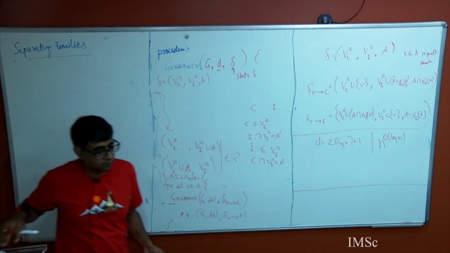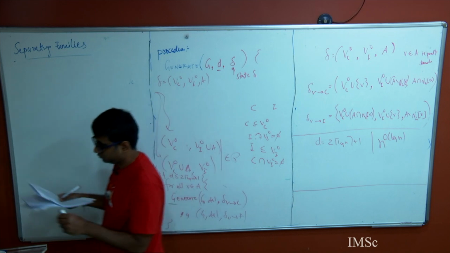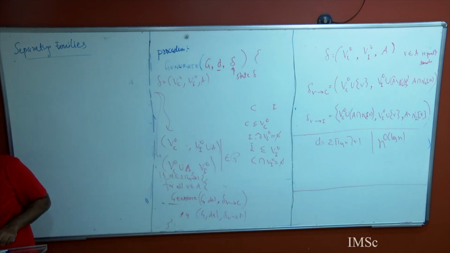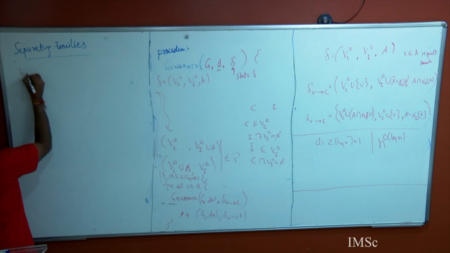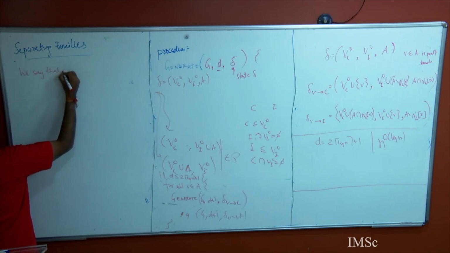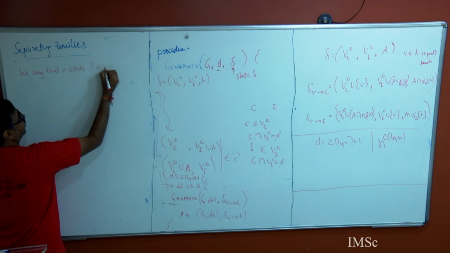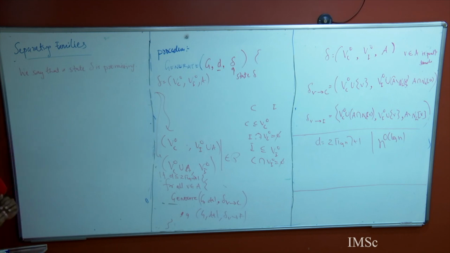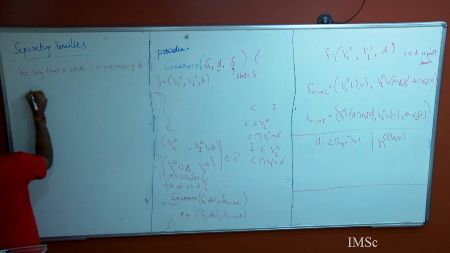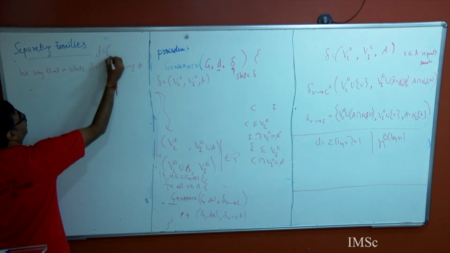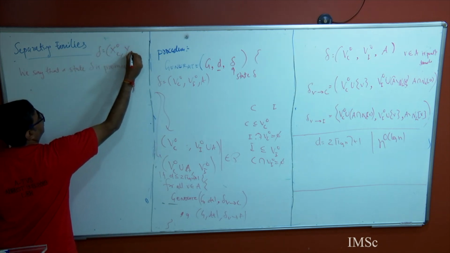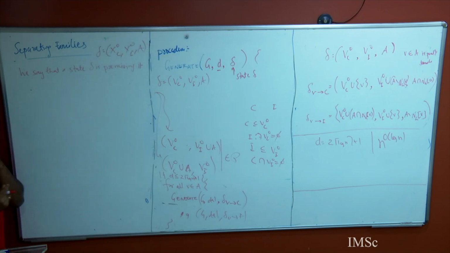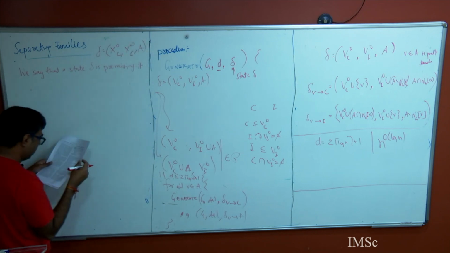So let me define the notion of admissibility. We say that a state delta is promising if the following things are satisfied. If you recall, delta is XC0, XI0, and some A. This is how any state looks like. I'm going to call this promising if